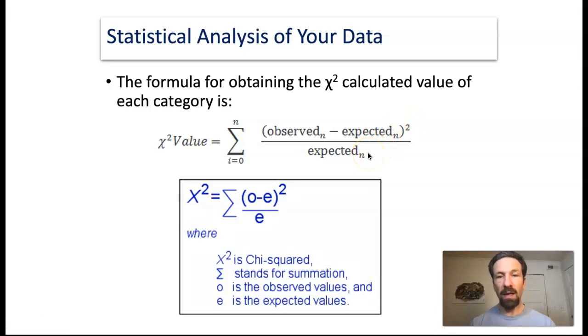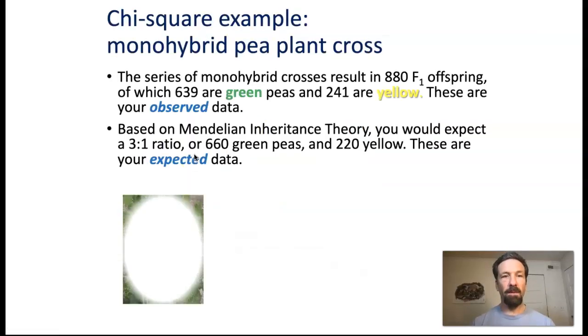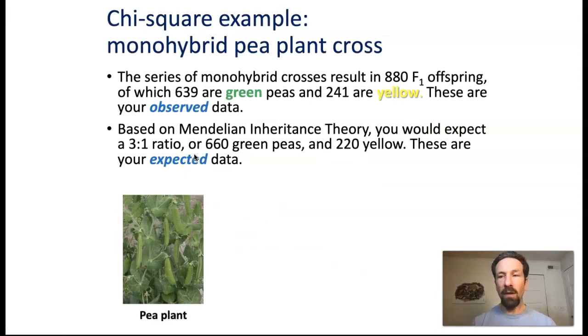And we will calculate that separately for each category, and then because of this sigma, we'll add all of those different values together. Those added values will give us our overall chi-squared value. I will not do that math for you for the rabies example because I will save that for you, but